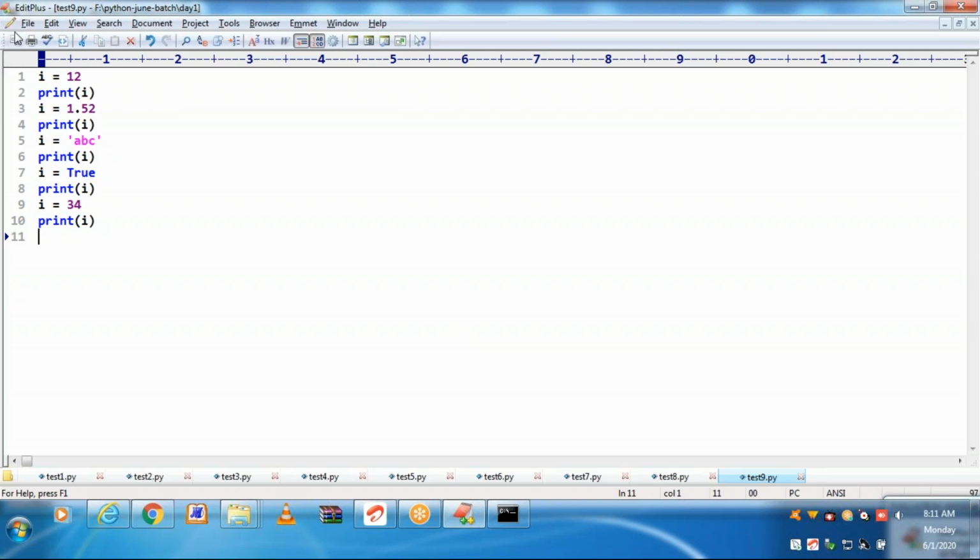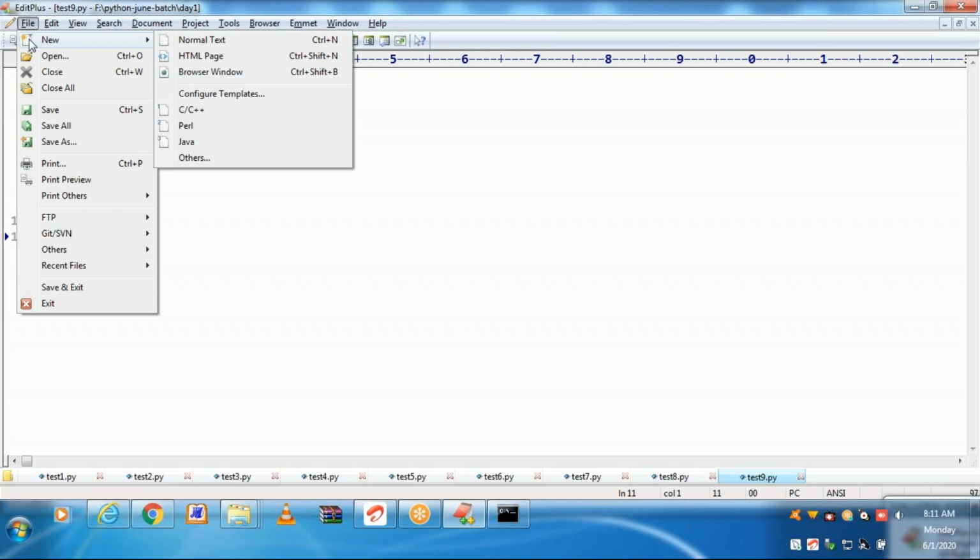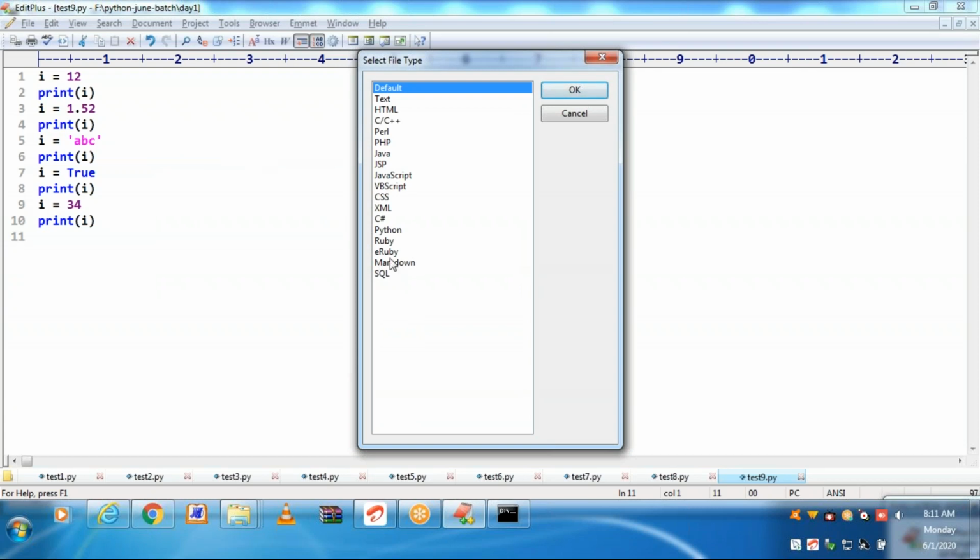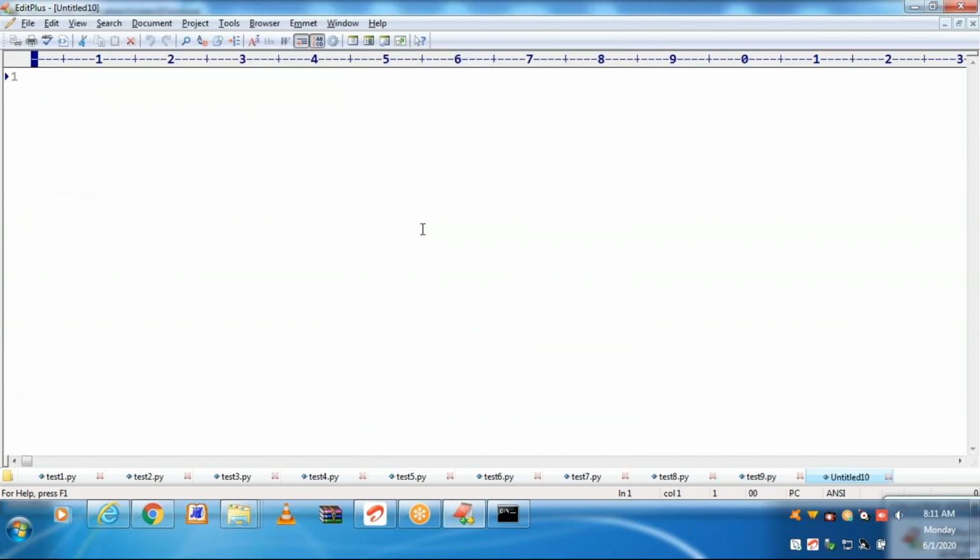Let us see comments, how we can provide comments in Python. Through a hash mark, if you specify anything... print 9.0, 190.